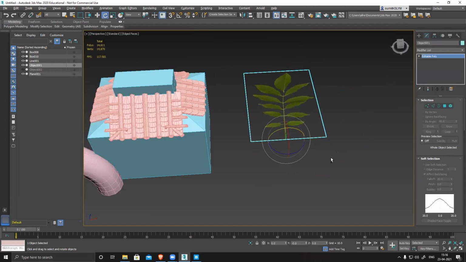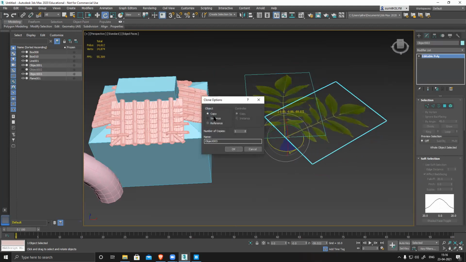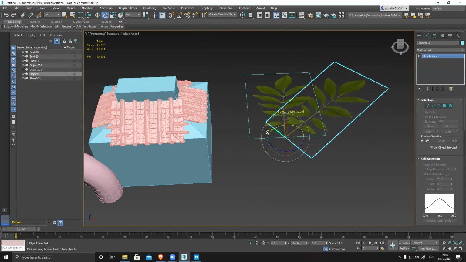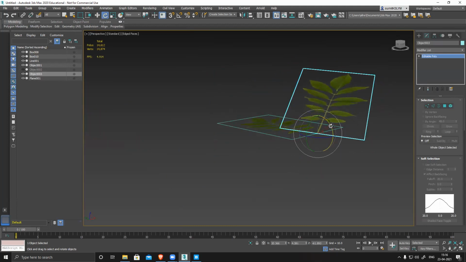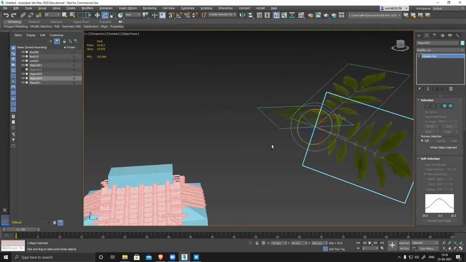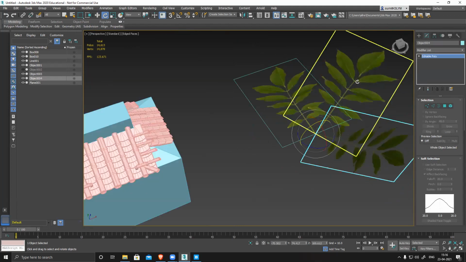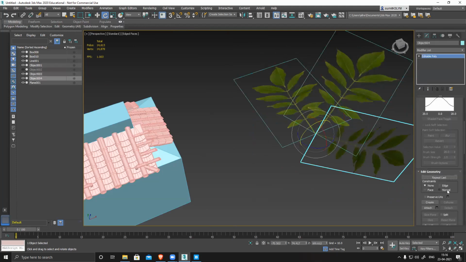So rotation, shift, rotate. I can copy it. Little angle change. Then select all three, or I can simply attach them together.